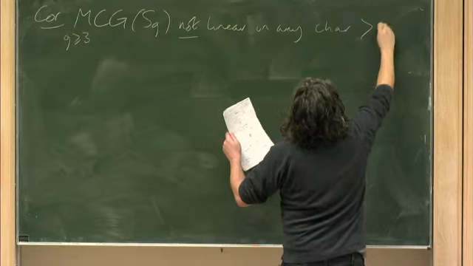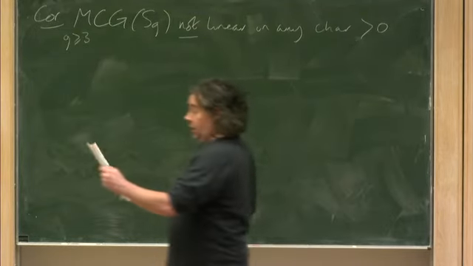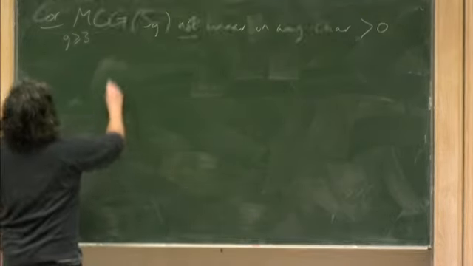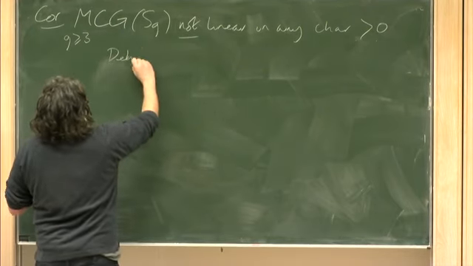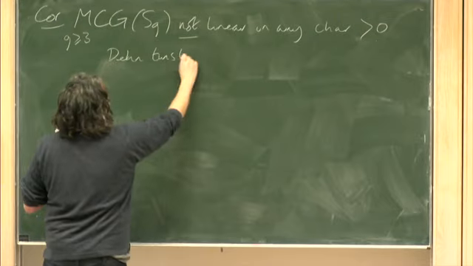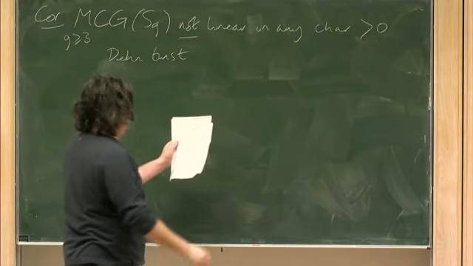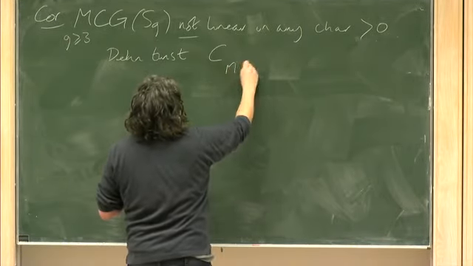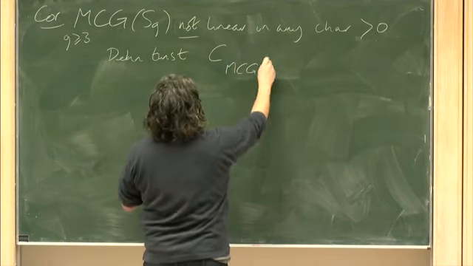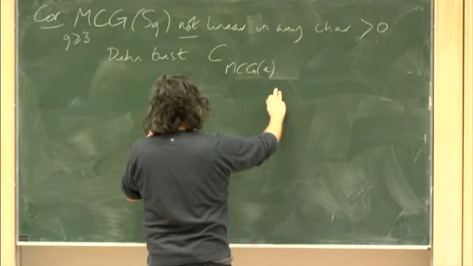And that's done, well, you just use the result that's sitting there, which is that when you take a Dehn twist, any Dehn twist around any simple closed curve, the centralizer in the mapping class group of the Dehn twist,